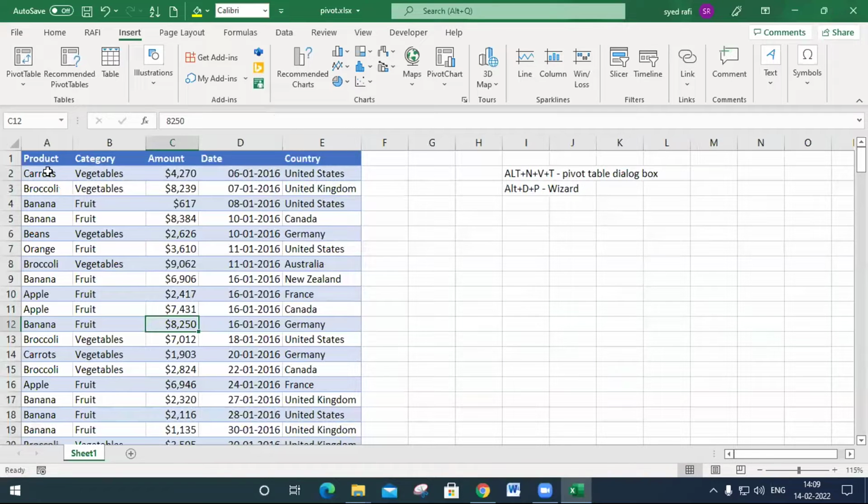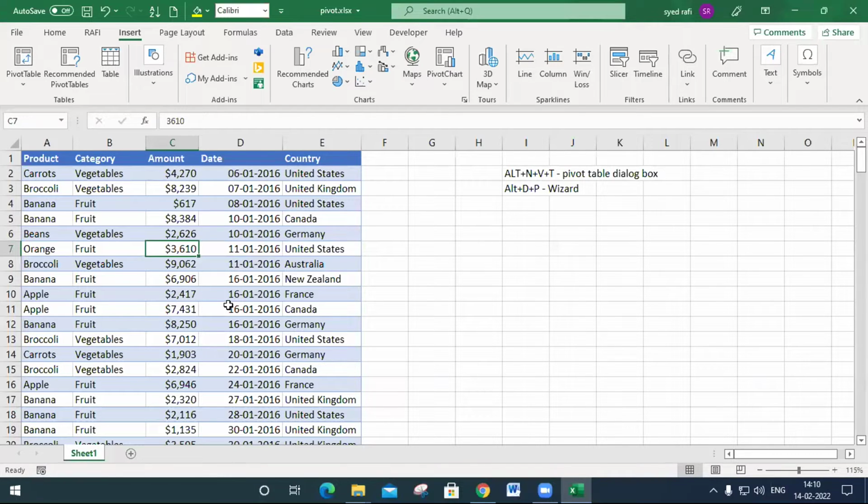There is a product column with different vegetables and fruits names, two categories, vegetables and fruits, some amounts, a date, and a country. Depending on this data, I want to generate different reports: how much sales happened in a given country or month, how much amount we get by selling vegetables, or how much by selling bananas.